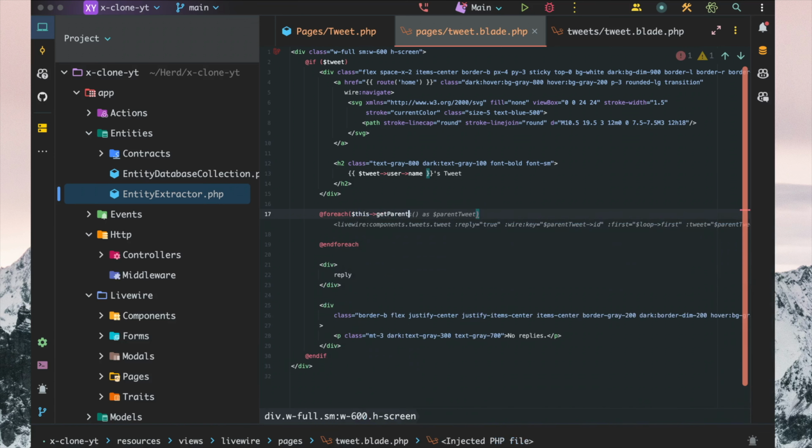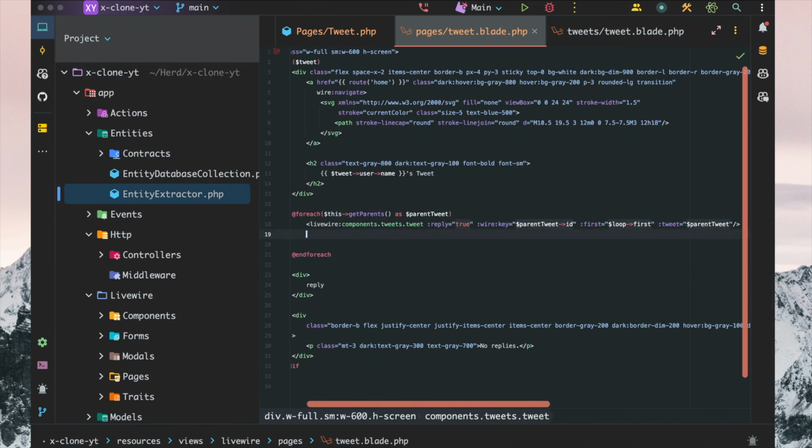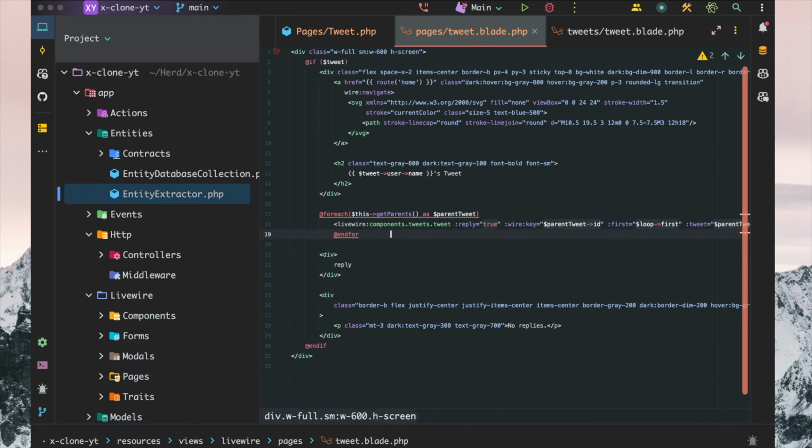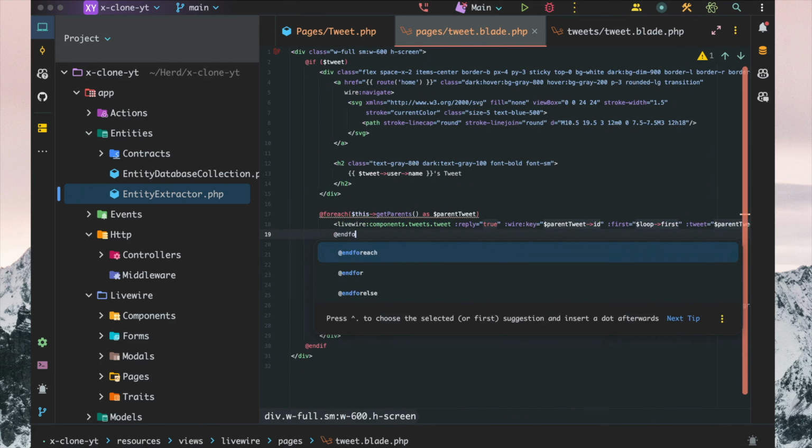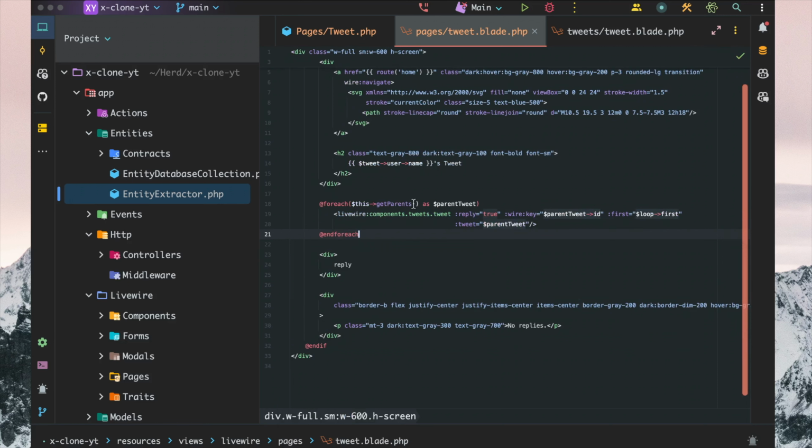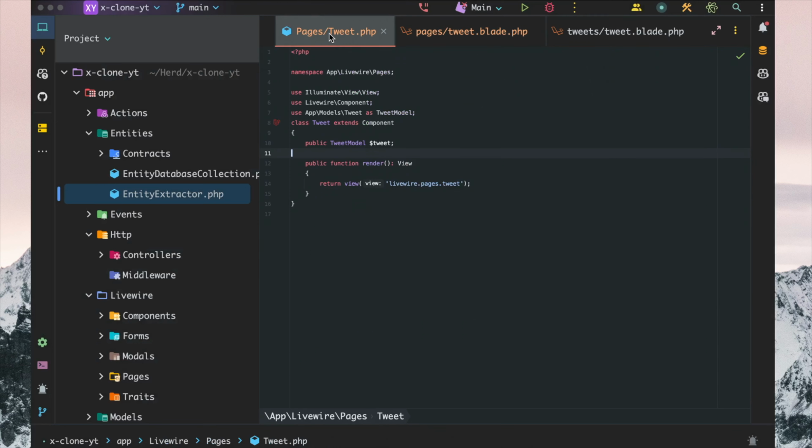get parents as parent treat, and we want to have a few different things passed through. We want to have y key, what is the first one, and the treat pass through. So if we get into our pages treat,